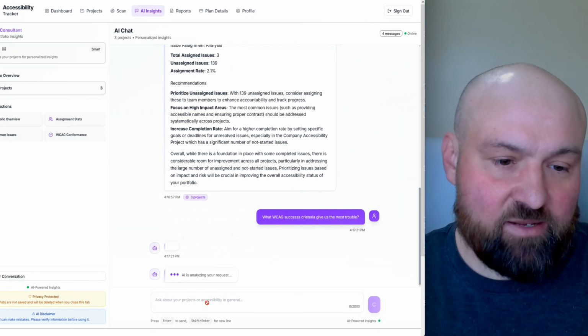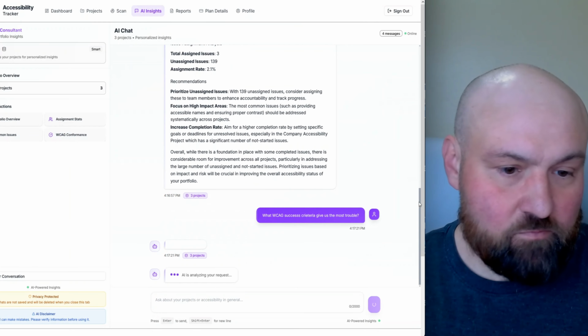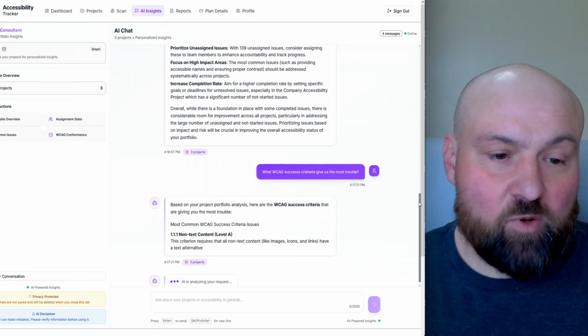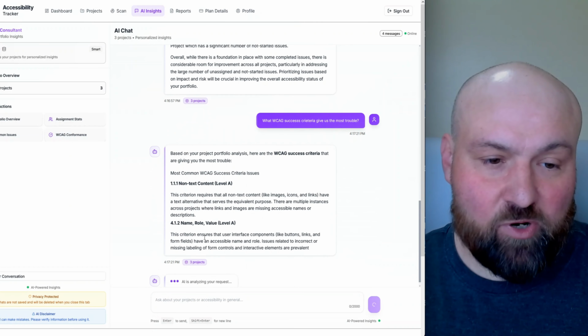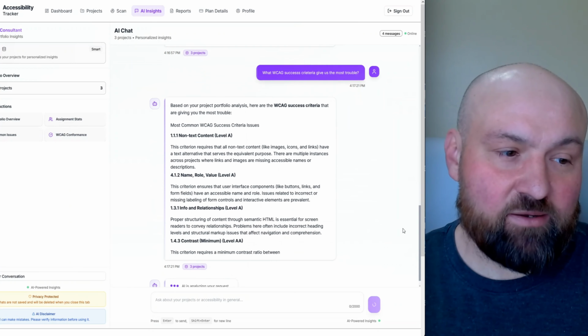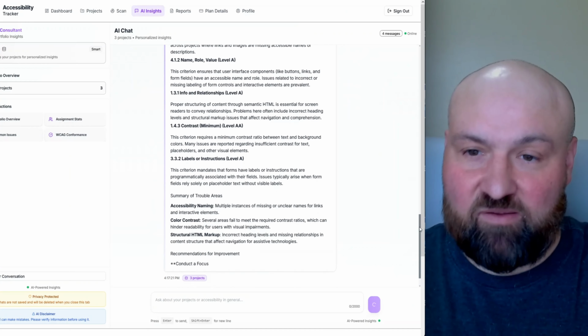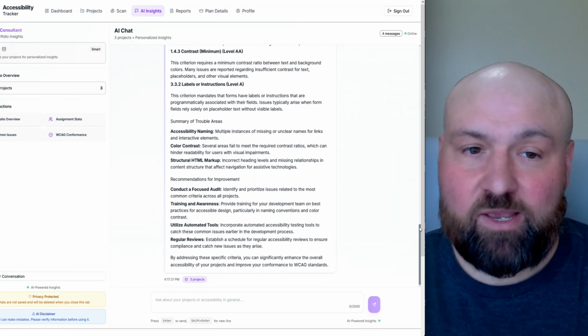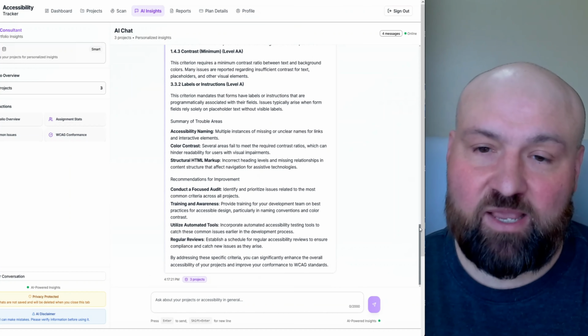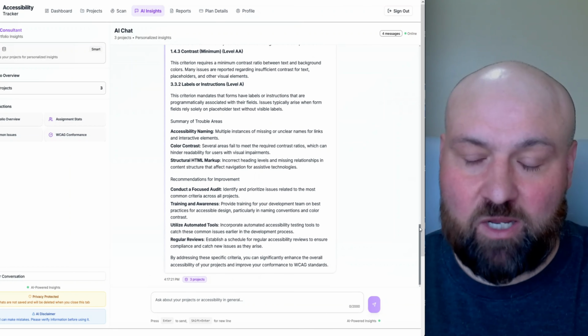So I'll go ahead and enter that, and let's see what AI comes back with. So we have 1.1.1, non-text content, 4.1.2, 1.3.1, and the list goes on. So very helpful. And the reason why this is even a feature is because we've used our audit report. And so AI is able to extract all of that data, and AI has access to the audit report's current